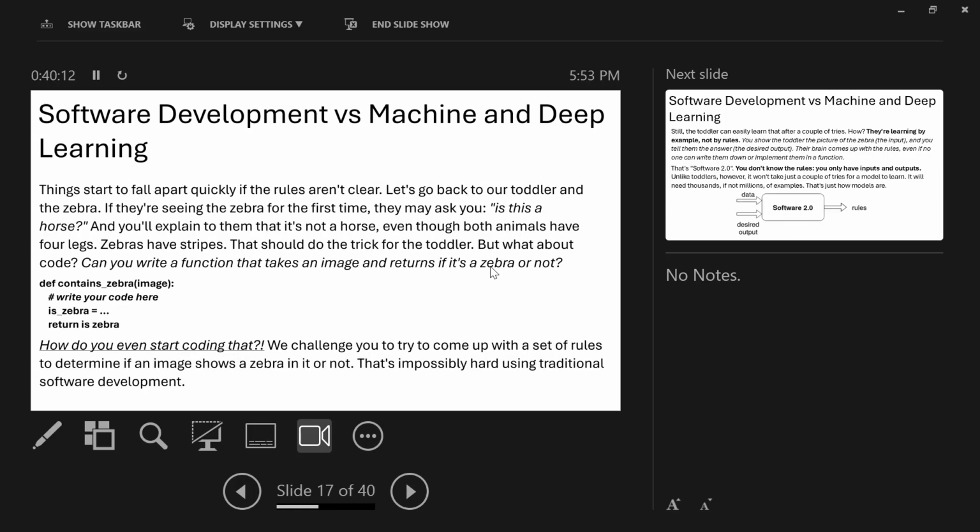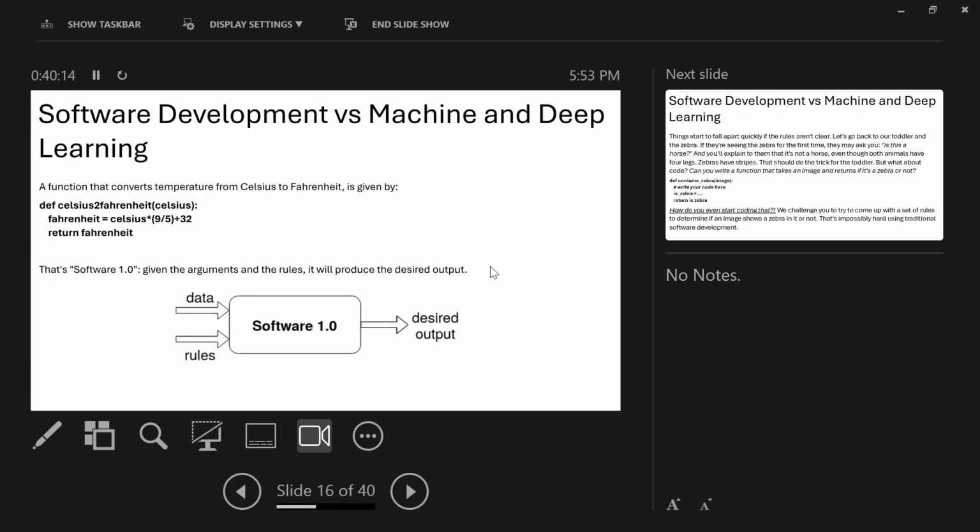We call traditional programming software 1.0. In software 1.0, traditional programming, you give it data, you give it rules, which are the equations, then it generates the output. But in the case of machine learning, it's the other way round.